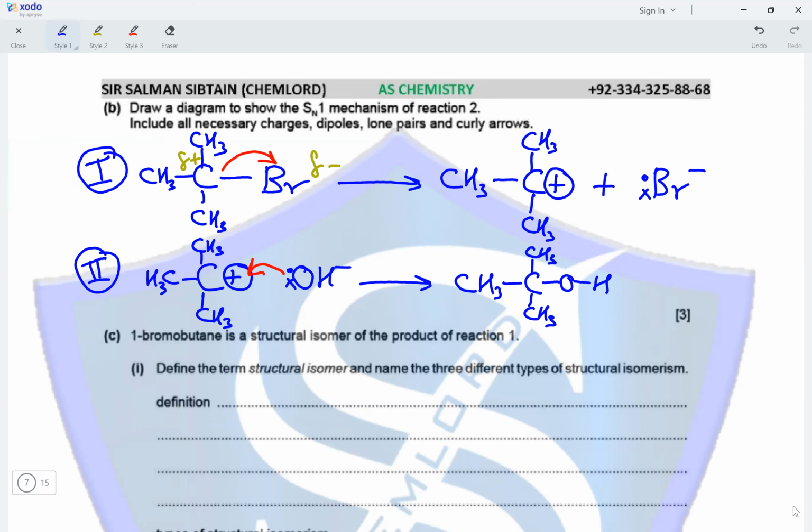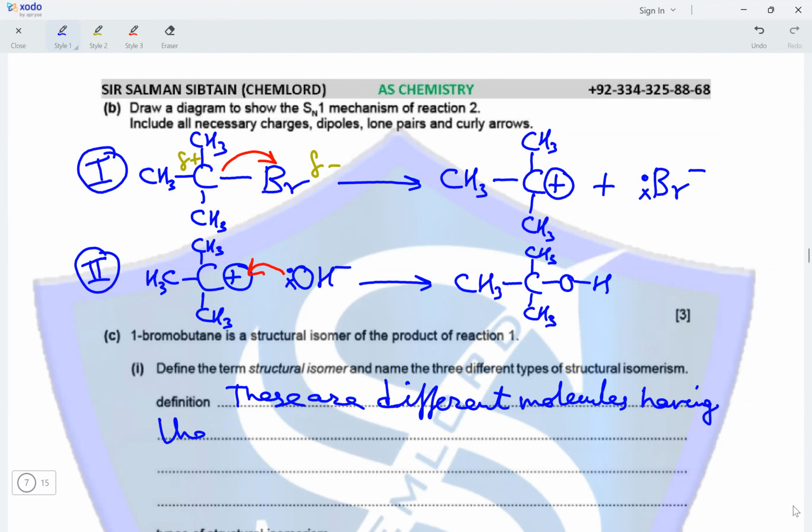So structural isomers are different molecules, so we'll make the definition more specific. These are different molecules having the same molecular formula